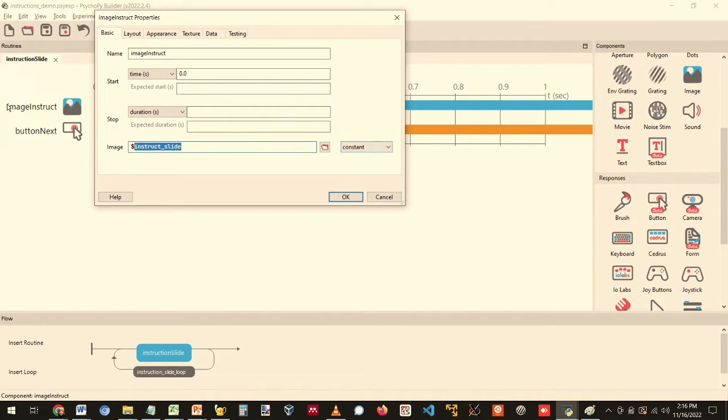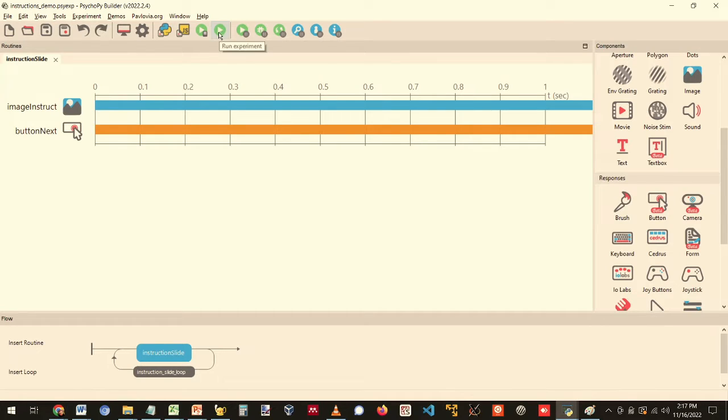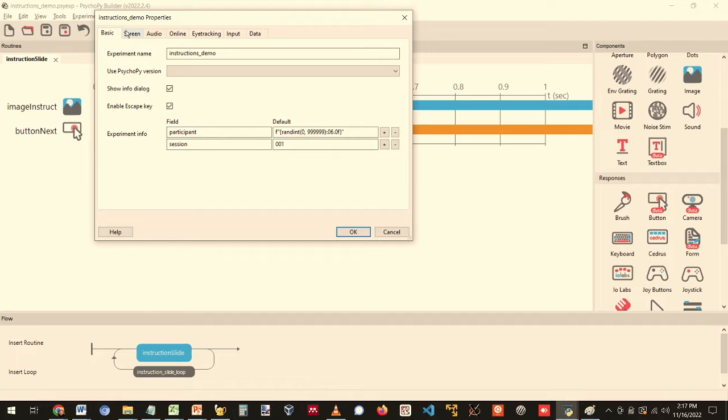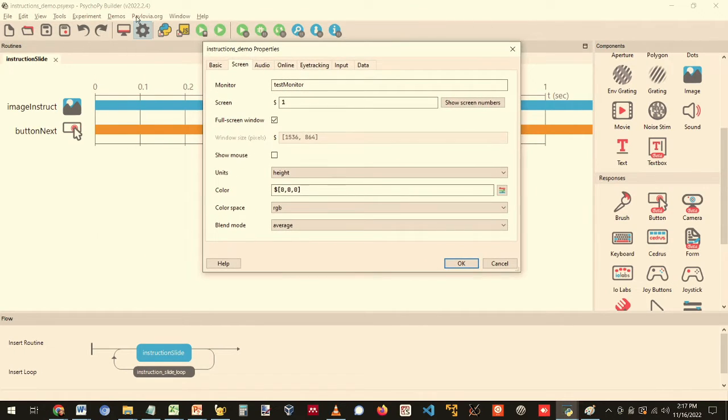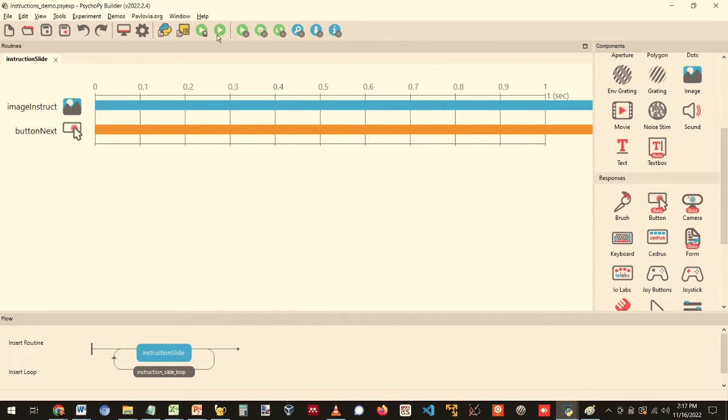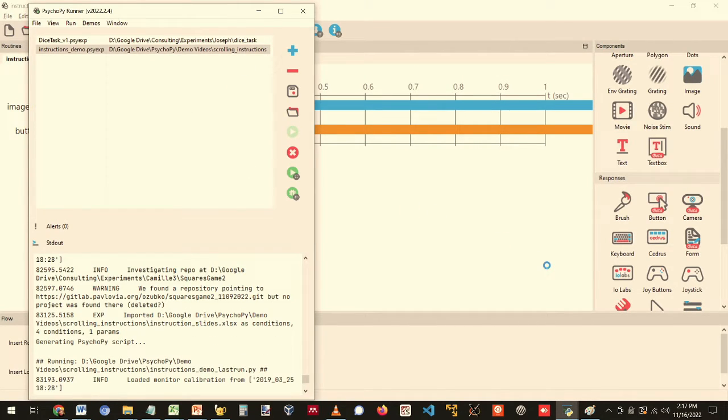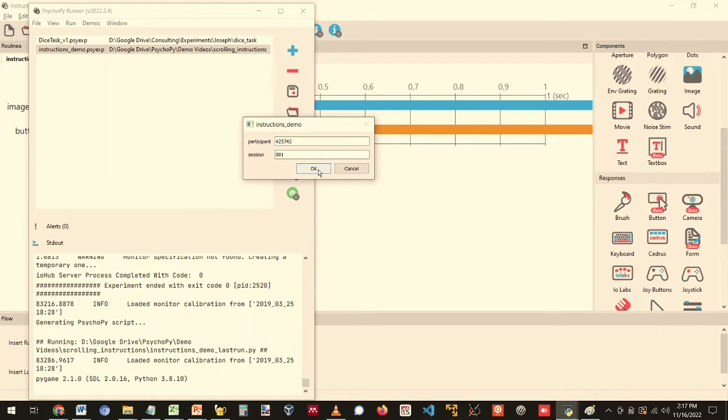Constant means you will try to set this image at the very beginning of the experiment, so before you've even entered the loop here, and so things will not work. So we're going to change this to set every repeat, and this will make sure we're updating our instructions as we go. I'm going to adjust one other thing, and that is I'm going to go into the screen property here from the properties menu and uncheck full screen, just so that my experiment doesn't necessarily run in full screen mode anymore. And now when we click go, now we're in a windowed mode,